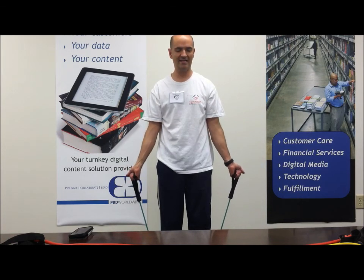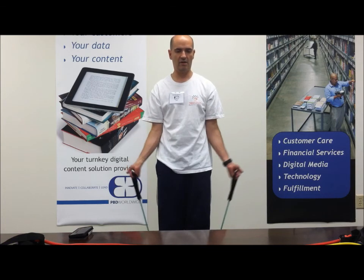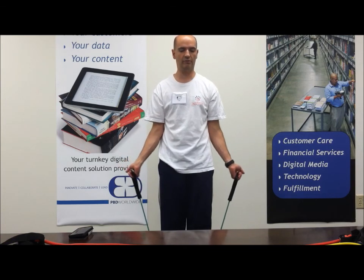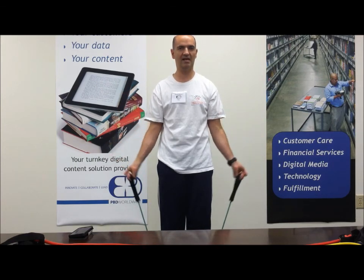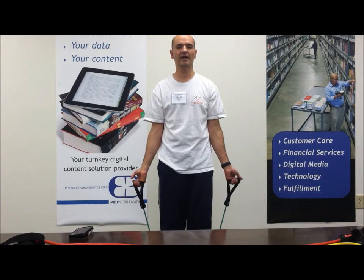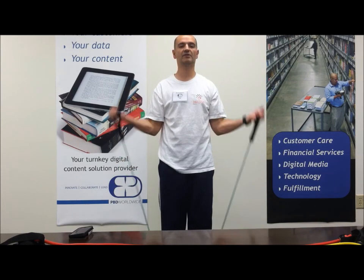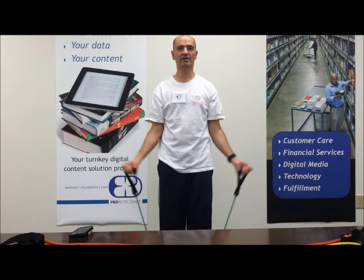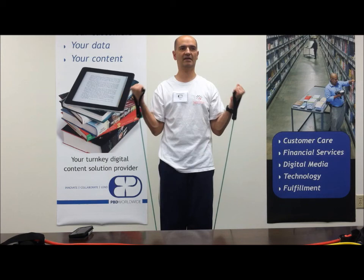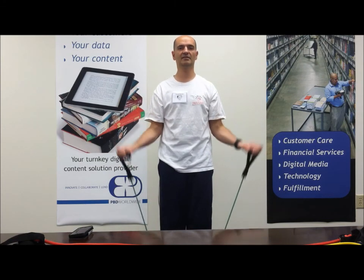We're going to have the hands or toggles of the bands facing away from us, and our elbows are going to be kind of dug into our rib cage. So when we curl up to the side. Okay? 25, exhale up, down, 2, all the way down, 3 this time, 4, 5, 6, 7, 8, 9, 10,